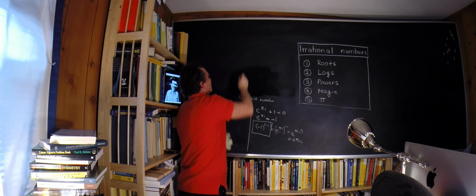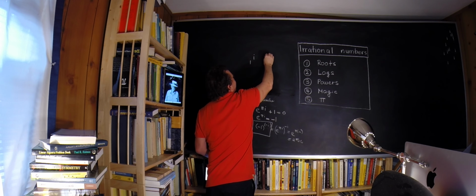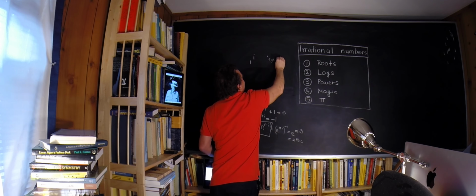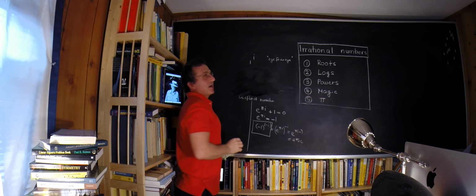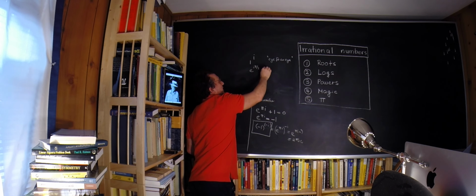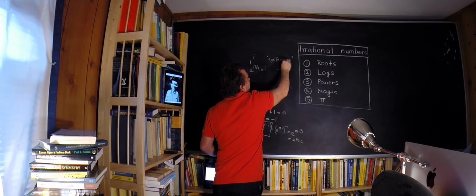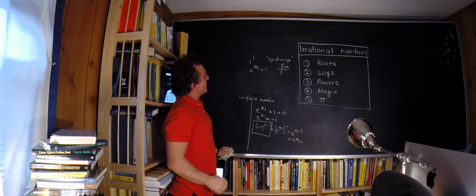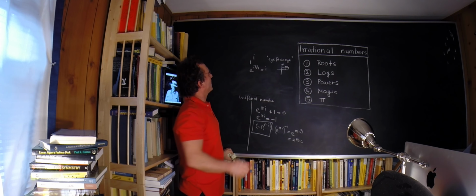I for an i number, which is i to the i. What's i to the i? Well, i is e to the i pi half. That's another way to write i. Here is i in the complex plane. Pi half is the angle. e to the i times the angle gives us the complex number. So this is another way to write this.